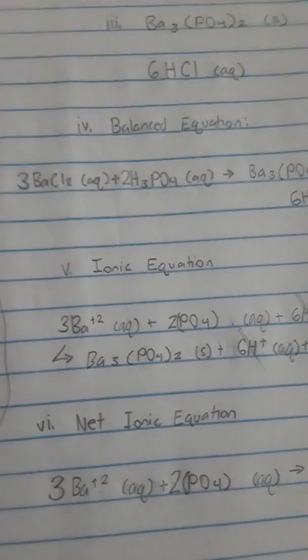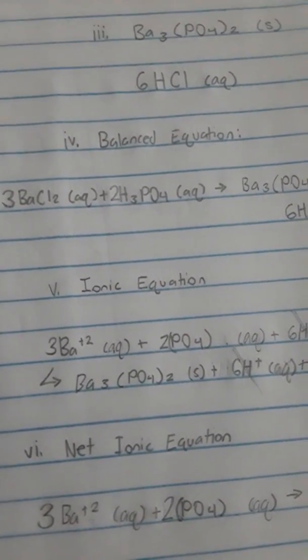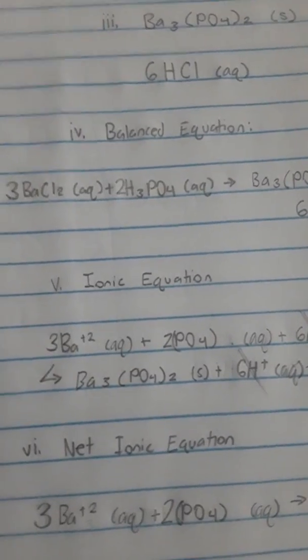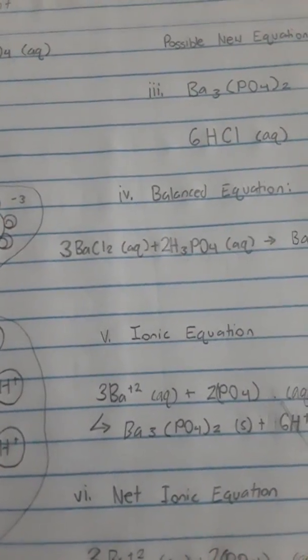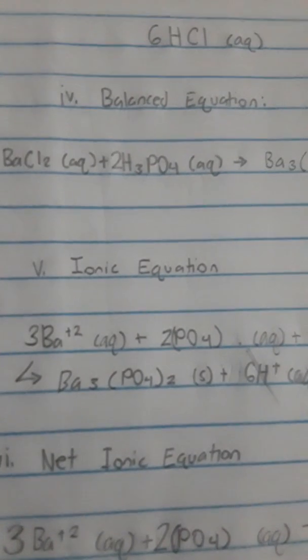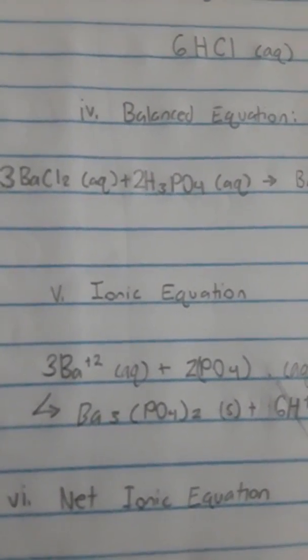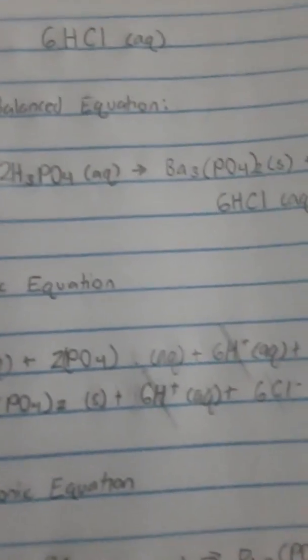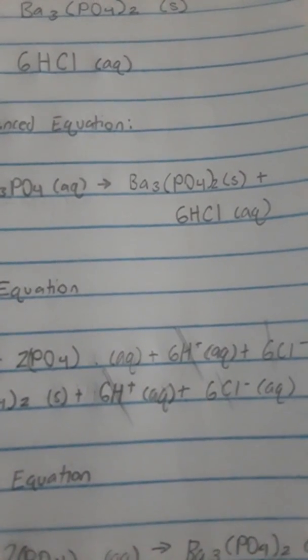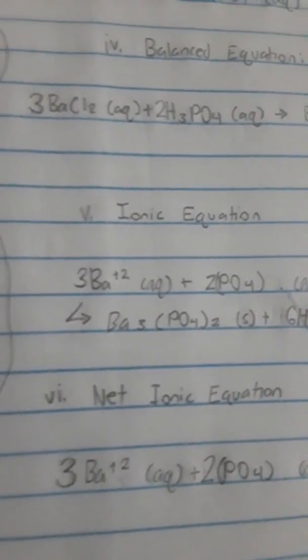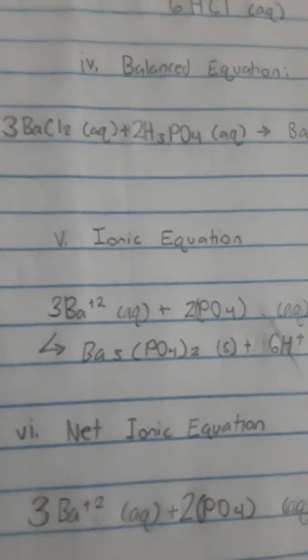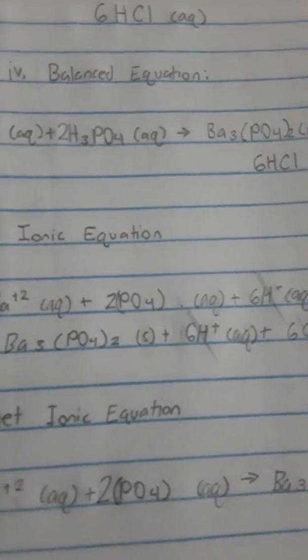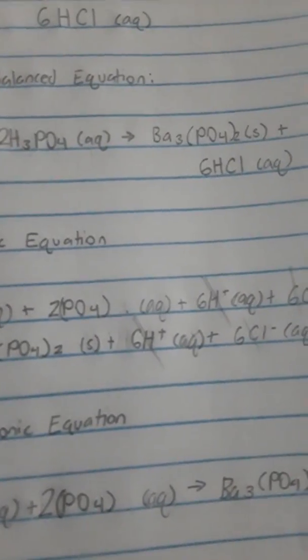For the ionic equation, because Ba3(PO4)2 is solid, I will combine it so that it will form Ba3(PO4)2 solid. However, since 6H and 6Cl are aqueous, I will put them separately. So my final ionic equation is Ba3(PO4)2 solid plus 6H